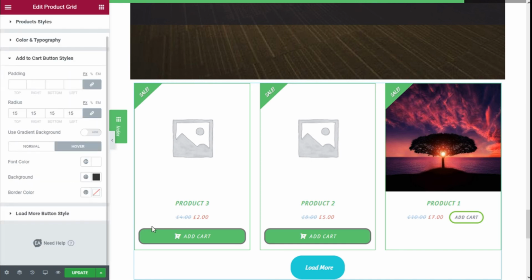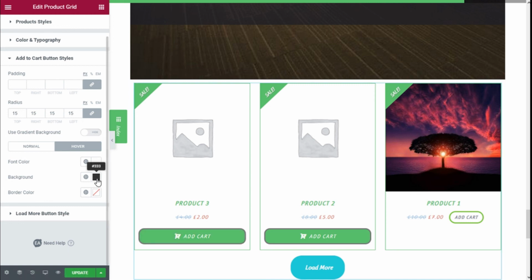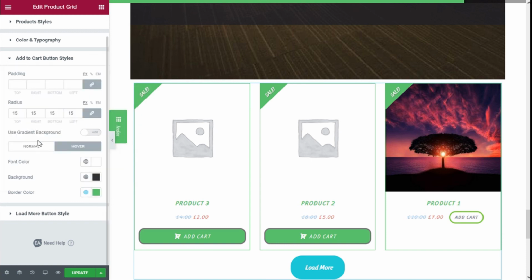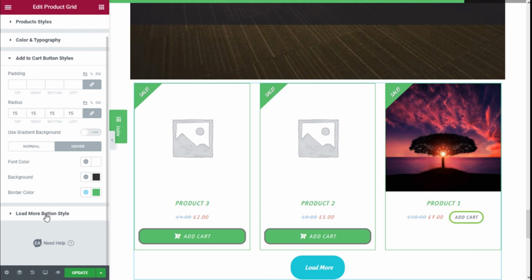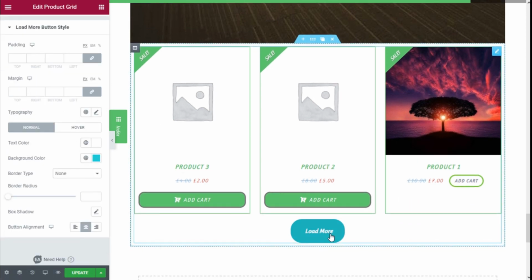So we're going to change the hover to an inverse option here. We are going to go with the black on the background, and we are going to go green on the borders. So we are going to move to the load more button style, which is this one right here,